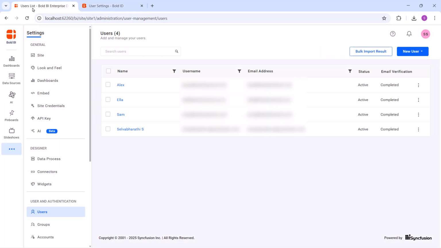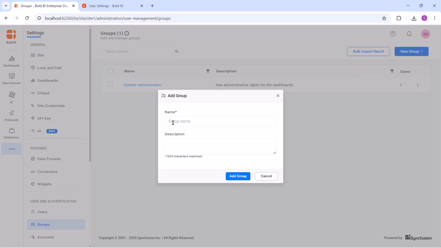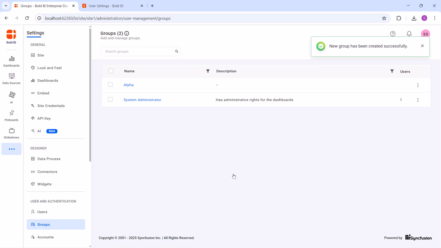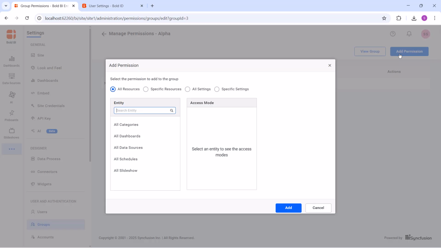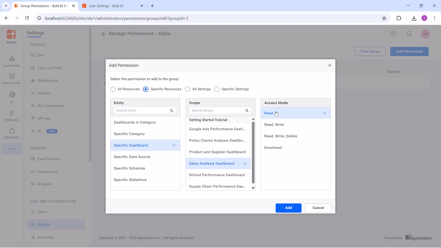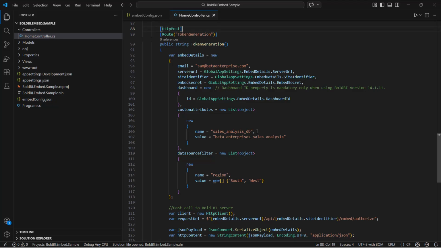Next, I create a new group without adding any users. I navigate to the Groups section. Click New Group. Enter the required details and add it. Then I manage the group's permissions by assigning the appropriate dashboard and adding the configuration. Back in the ASP.NET Core application, I open the homecontroller.cs file and update the token generation